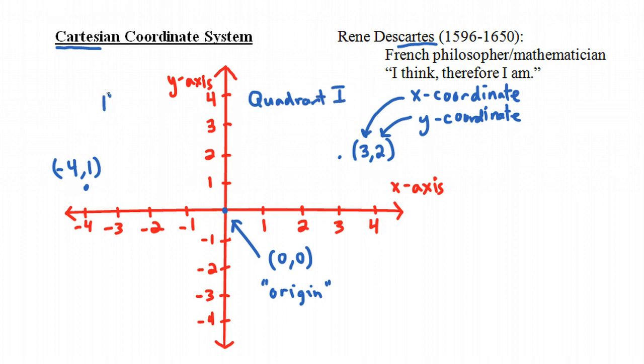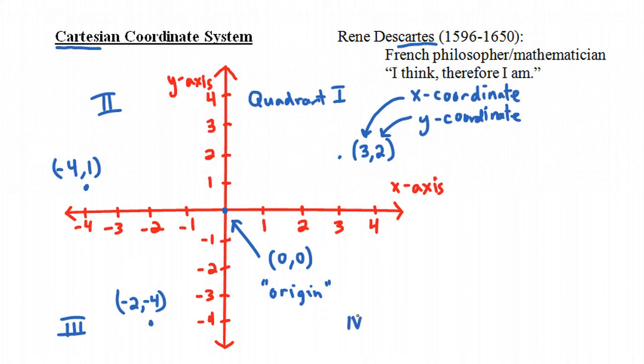In quadrant 2, the upper left quadrant, the first coordinate is negative and the second coordinate is positive. And in quadrant 3, both coordinates are negative. For example, if we want to plot the ordered pair -2, -4, that would be right here. We move to the left 2, begin at the origin, move to the left 2, and down 4.